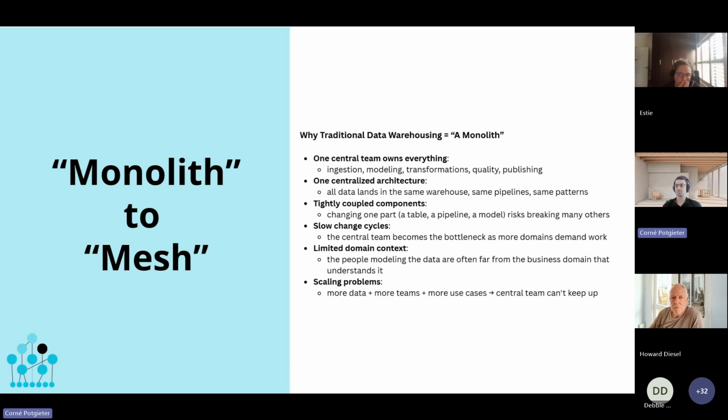But obviously this has some scaling problems. As more data arrives, more teams want to do more, and these days more so than ever before, teams want to do AI workloads. So either classical machine learning to AI agents.